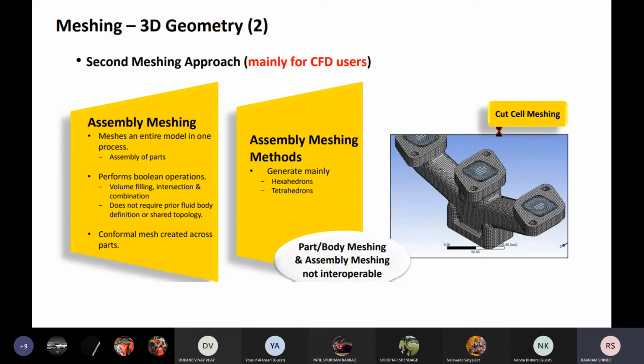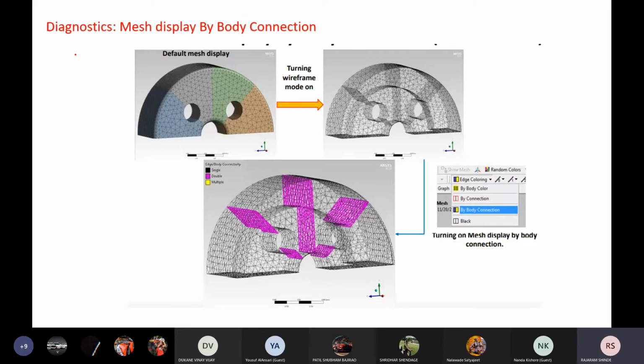Now this is a mesh diagnostic or mesh display by body connections. Now you can see here it is a default display of the mesh. These are the 4 different parts, and in 4 different parts you will get different types of elements, different meshing. Okay. Now this is the default mesh display.